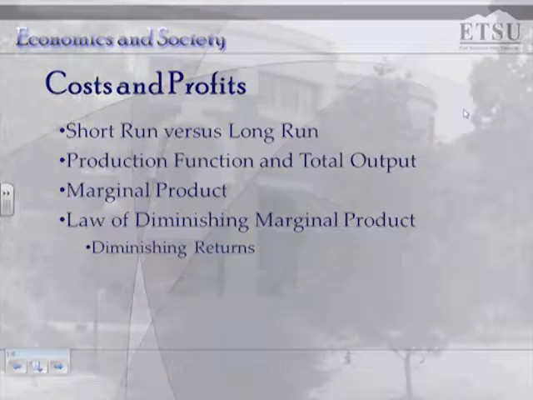So we're thinking about the production cost from a firm's point of view. We talked about the difference between explicit and implicit cost. Now we want to think, just for a second, about economic time, because economic time is determined not by the number of days or weeks or months, but by a cost